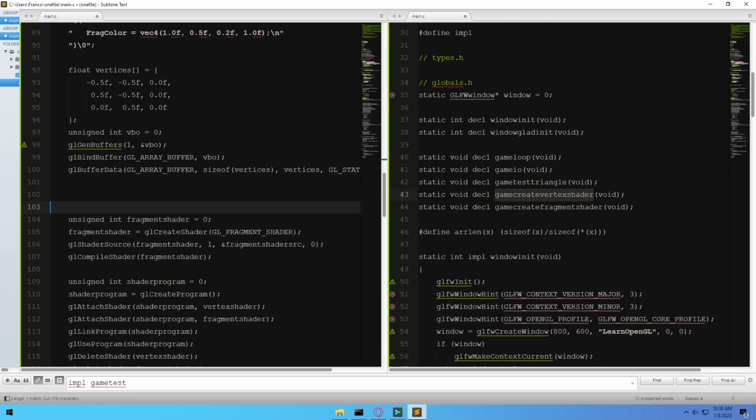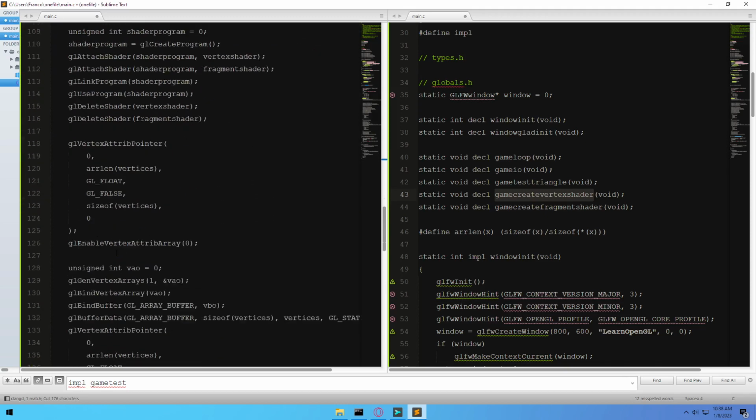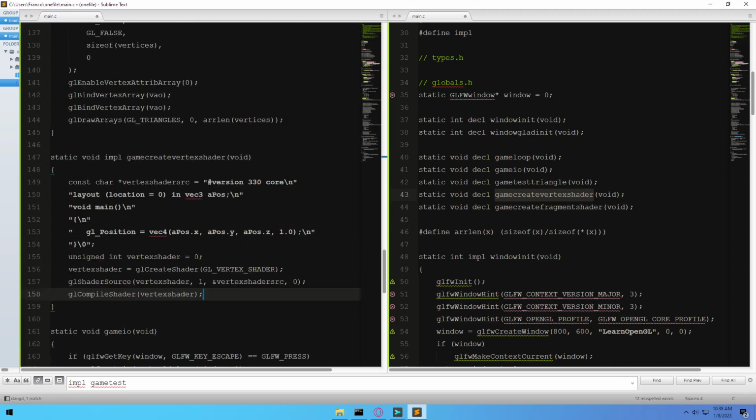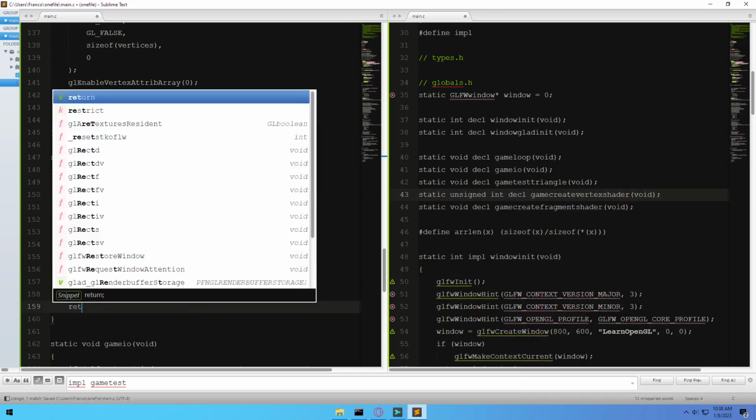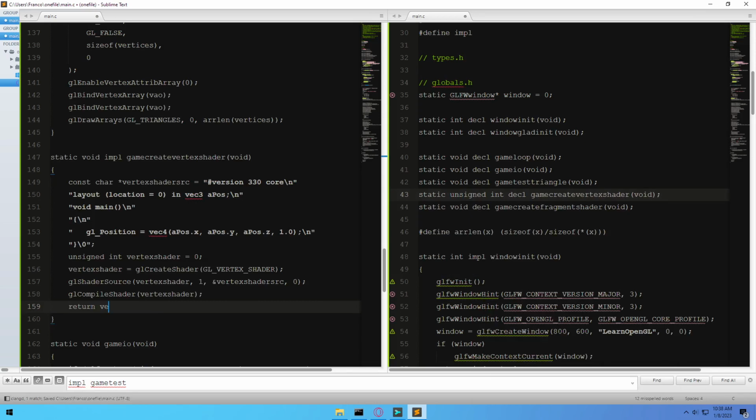Okay. I think this is pretty much it, and then I have to return unsigned int,